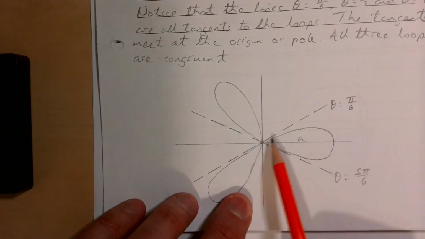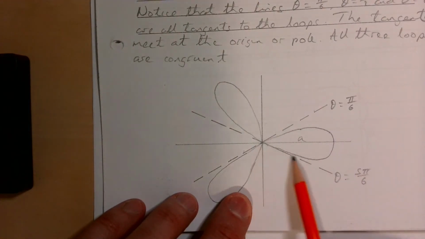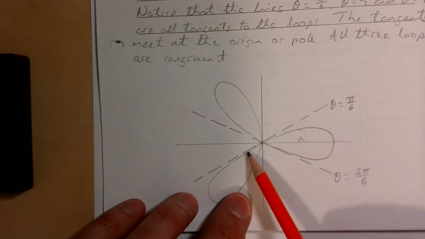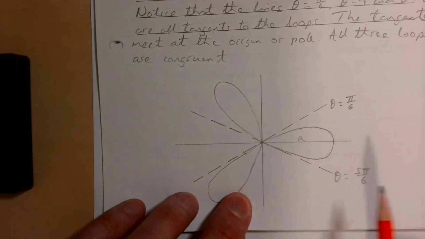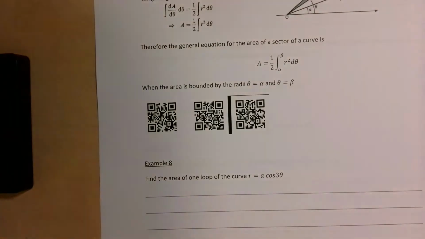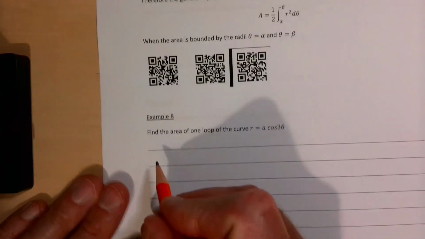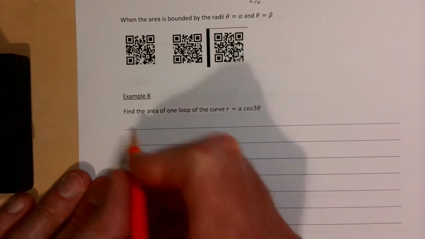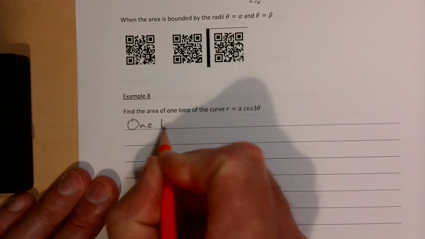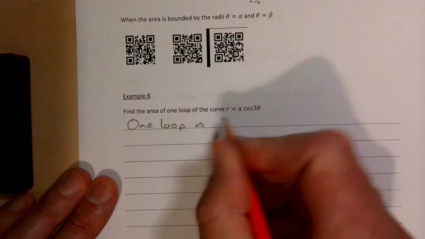So we're going to find the area of this one, and you can see then it's in between minus pi over 6 and pi over 6. So that's where we're going to be integrating in between. So we'll write that down then. So I've written in my notes, I might flick over to the actual notes in just a second, but one loop is